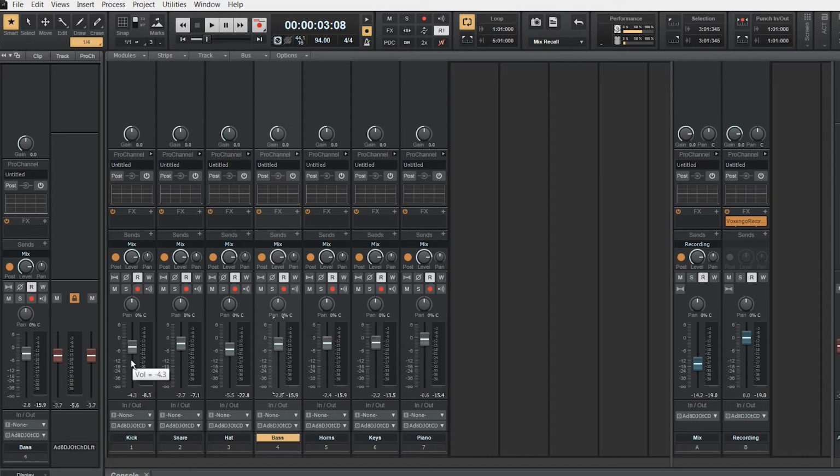You don't want something that's going to be really loud in the mix. If it is, adjust it before you get to the mixing stage, if you can. If you can't, then you fix it in the mix, but that's something I try not to do. Try not to say that, fix it in the mix. You want to make sure it's fixed before you get to the mix. All right, we have the levels looking good. Everything seems to be okay.